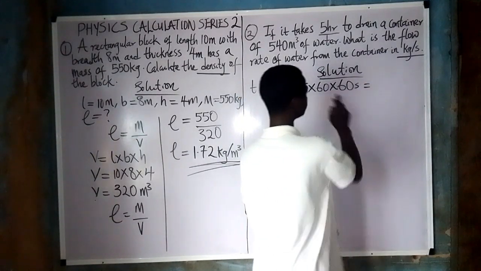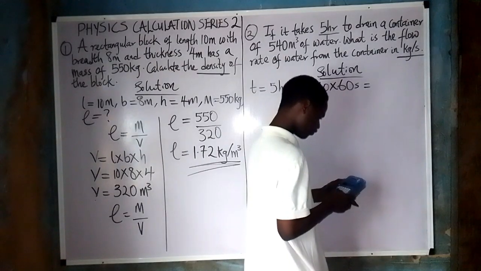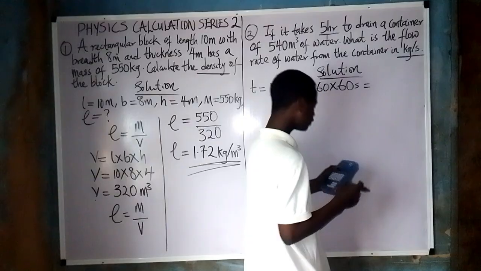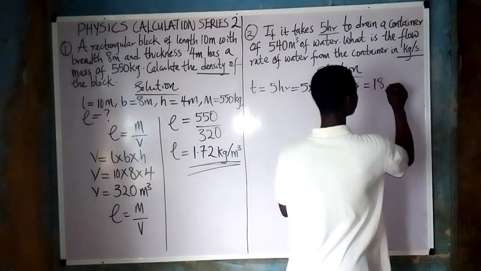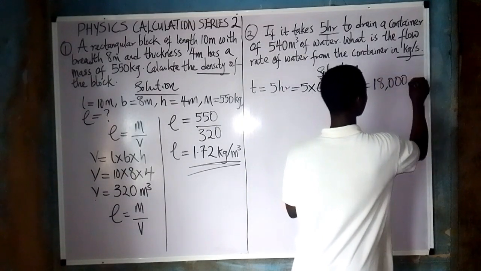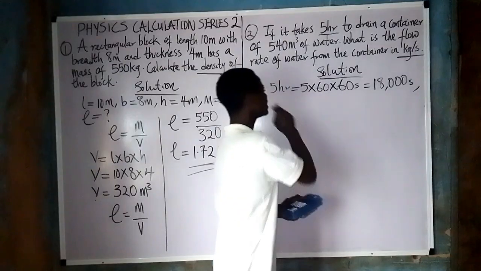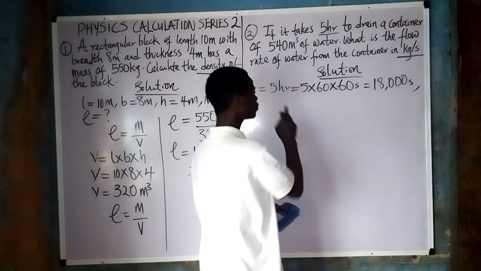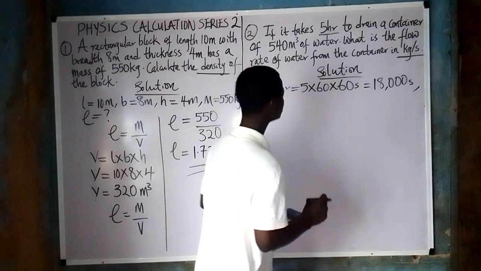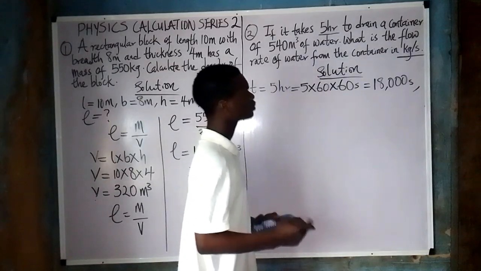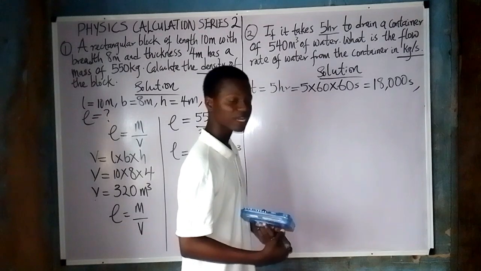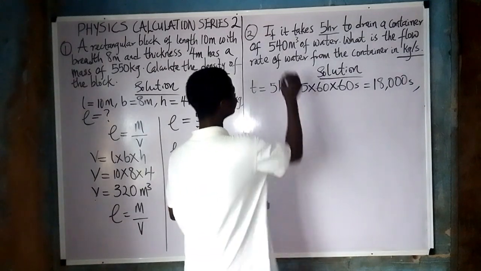So if I do this multiplication, let's see what we'll get. 5 times 60 times 60. That gives us 18,000 seconds. Okay? So this is now the time we'll be using. This is the value of time we'll be working with and not 5 hours. Okay? So let's progress. If it takes 5 hours to drain a container of 540 meter cube of water,